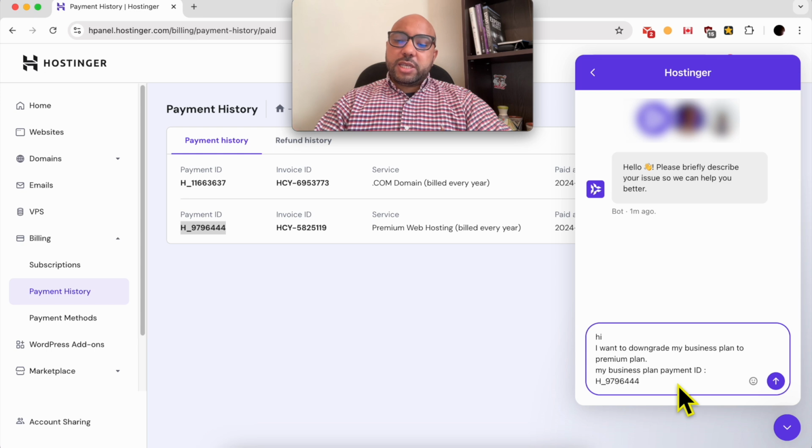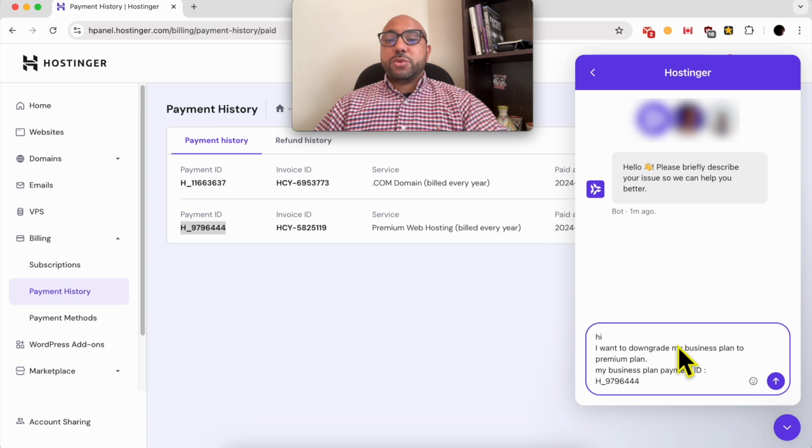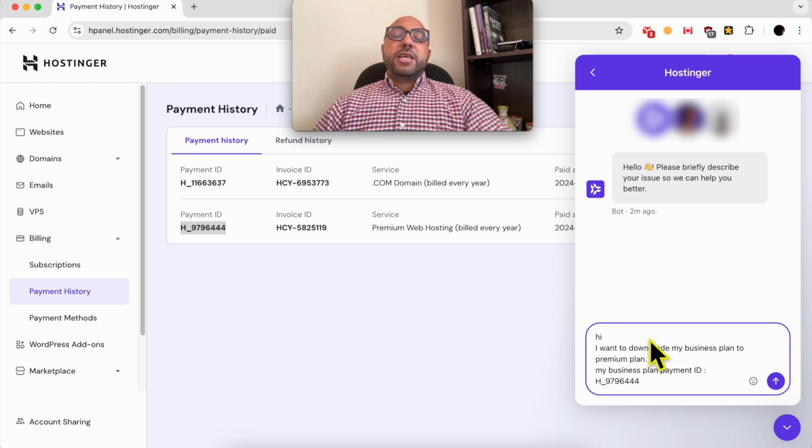And now just hit enter, and you will start a conversation with one of the customer support team who will help you downgrade your account for you. Useful questions that you may ask during this conversation include the new expiration date and the new plan renewal price. If you don't have time to keep chatting with a support agent using this little window, you can just write